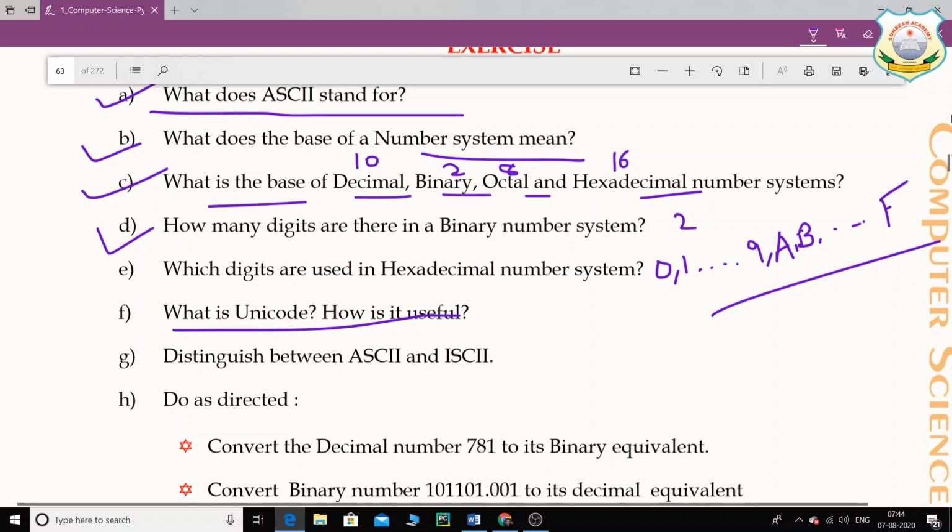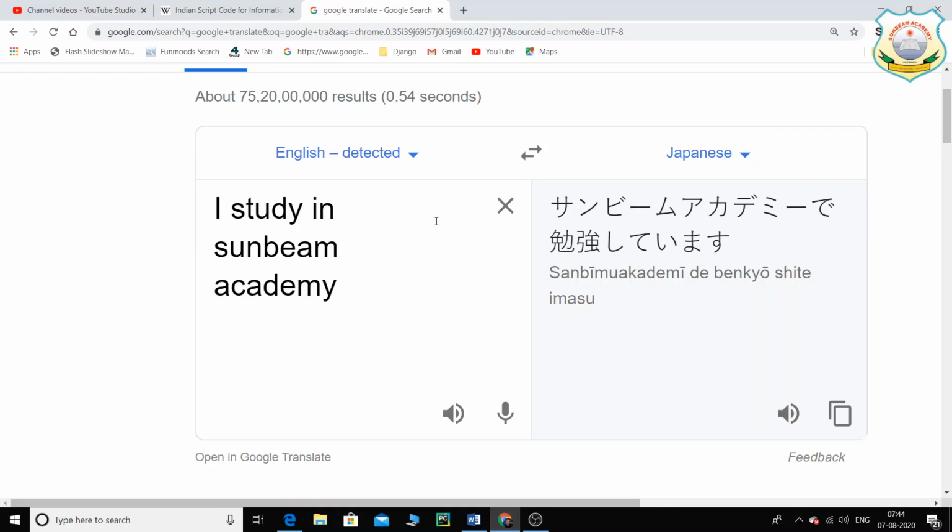What is Unicode and how is it useful? It is very useful in today's time. It is extremely useful, and I demonstrated to you how it has actually changed the way the world communicates. So today, even if I want to talk to a Japanese person who cannot speak English and can only understand Japanese, I can simply type in English, convert that into Japanese and forward it to him.